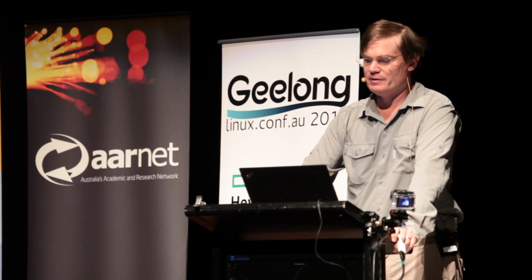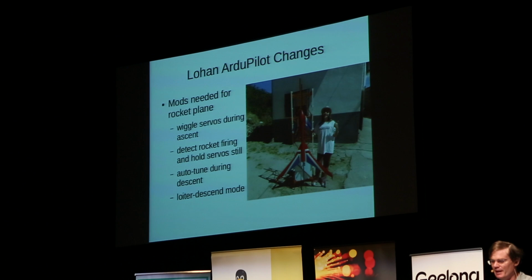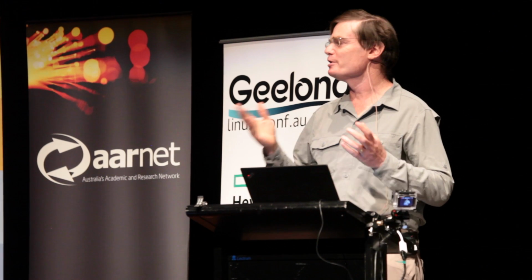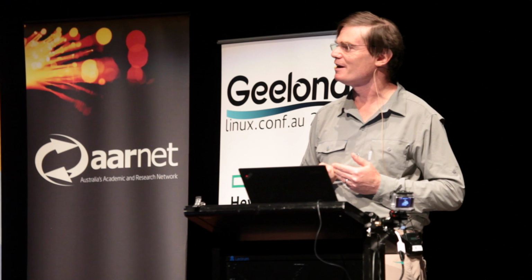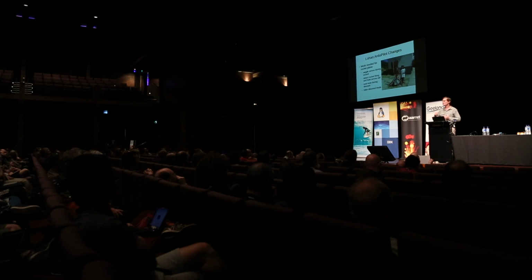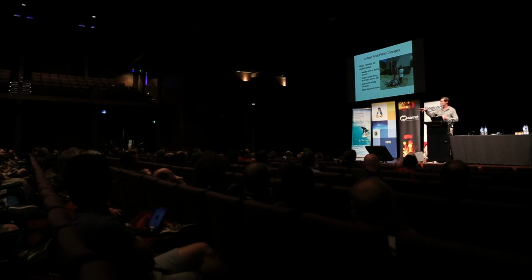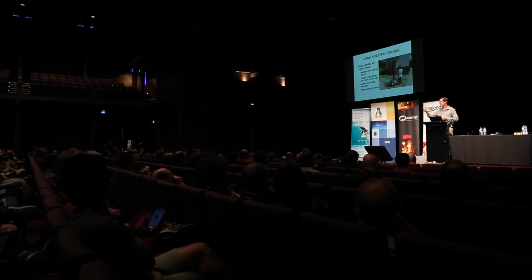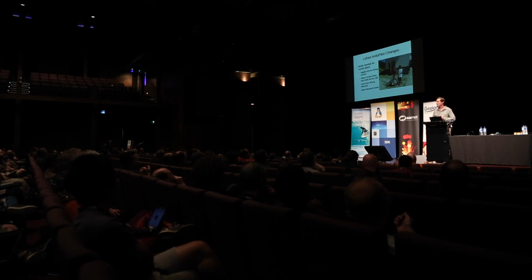The interesting part is the fact that this flight will be its first flight. Normally, when you're building model aircraft, how many of you have built and flown model aircraft at all? Quite a few. Okay. So you know that the first flight is rarely perfect, especially the first flight of such an ambitious aircraft. You've got to get your rates right, get all your tuning parameters, and you might need to shift the C of G a little bit and trim the aircraft. Well, this thing's going to be at 20 kilometres flying at Mach 2 in very little air.